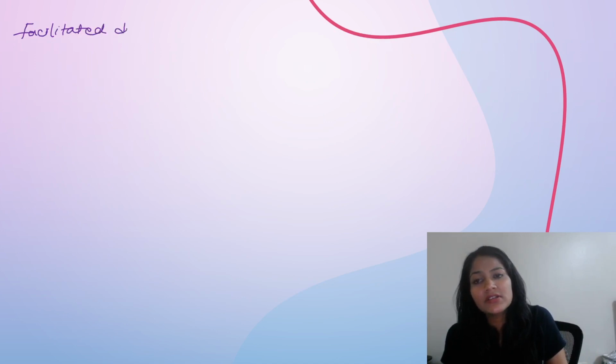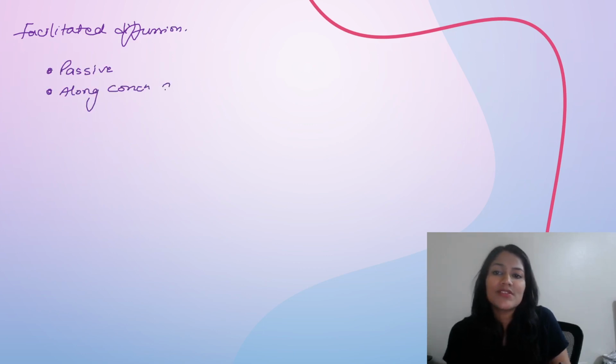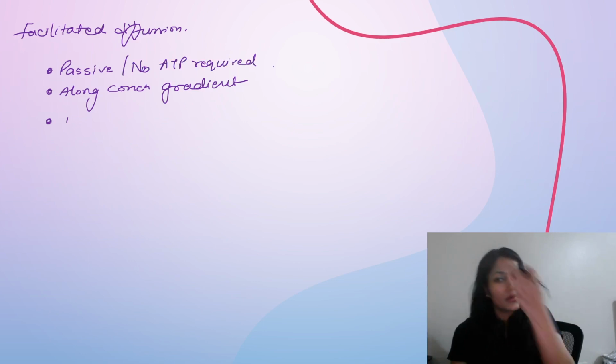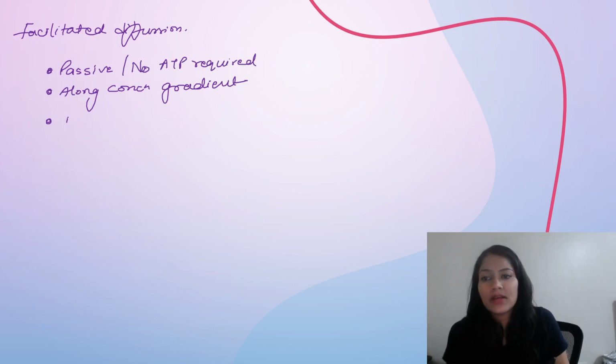फैसिलिटेटेड डिफ्यूजन, क्या क्या चीजें हैं फैसिलिटेटेड डिफ्यूजन में? सबसे पहली चीज, ये एक पैसिव प्रोसेस है। दूसरी चीज, अलोंग द कॉन्सेंट्रेशन ग्रेडियंट चलेगा। पैसिव की जगह पे हम यहाँ पे ये भी लिख सकते हैं, नो एटीपी रिक्वायर्ड, राइट। नेक्स्ट हमारे पास आ गए स्पेशल प्रोटीन्स आर इन्वॉल्व, स्पेशल मेम्ब्रेन प्रोटीन्स आर इन्वॉल्व।